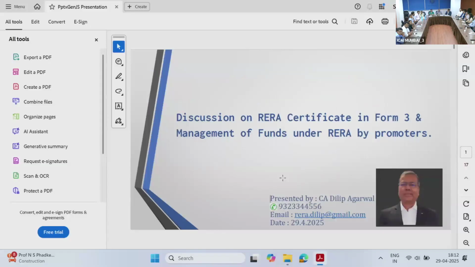First of all, let us see what is the topic for today. Discussion on RERA certificate in form and management of funds under RERA by the promoters. If you look at the key part covered today, for the whole of the project,